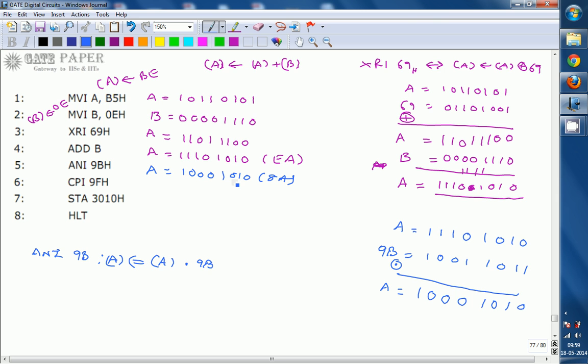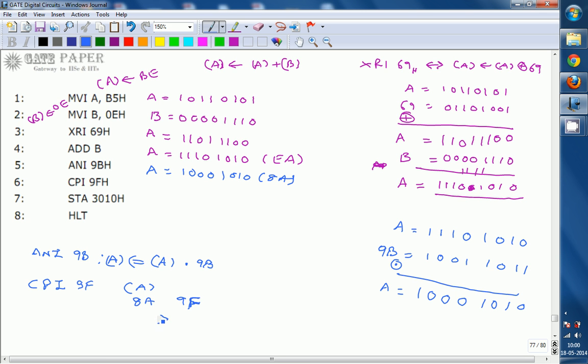Okay, and now compare immediate. What is the function of this compare immediate, CPI 9F? It will compare the contents of the accumulator and the given data. So here it is going to compare the accumulator contents, that is 8A, with 9F. So 8A and 9F. For example, if the contents of the accumulator are greater than the given data,